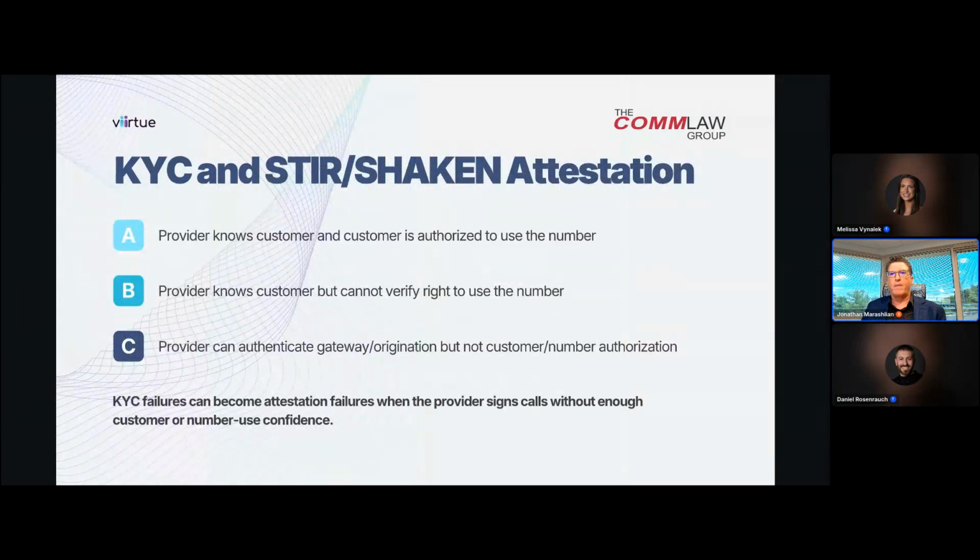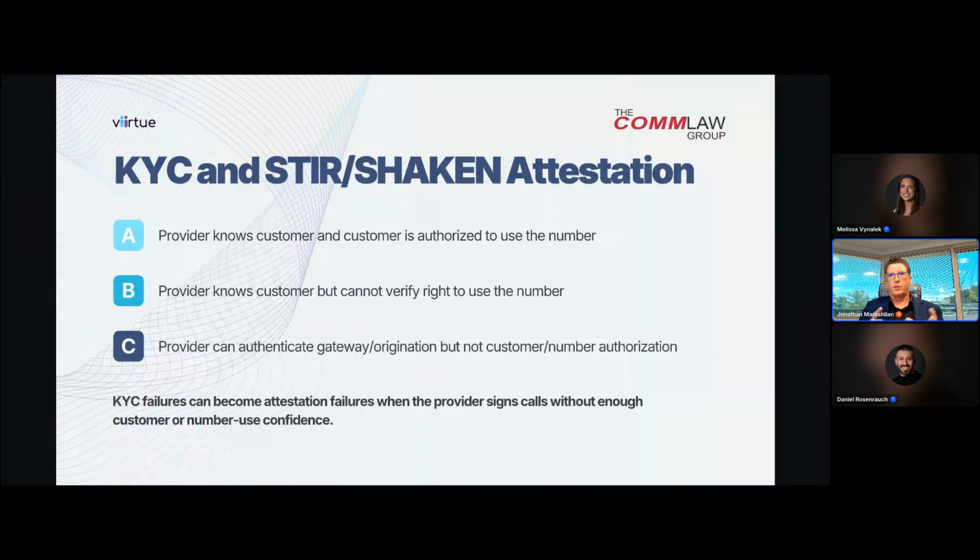Now let's talk about attestation. This is where KYC and STIR/SHAKEN connect directly. There are 3 basic attestation levels, A, B, and C. A-level attestation means the service provider knows the customer is authorized to use the calling number. Now, A is the highest level. B-level attestation means the provider knows the customer, but can't verify the customer's right to use the number. C-level attestation means the provider can authenticate the gateway or origination point, but not the customer and not the number